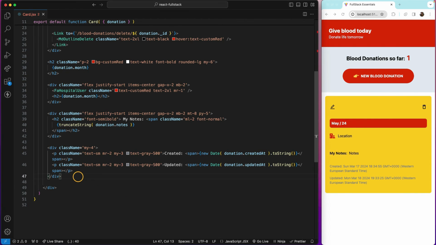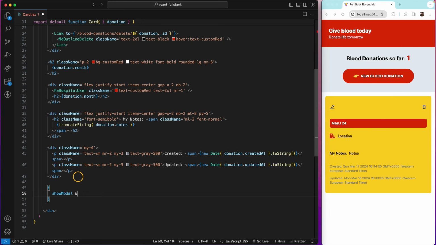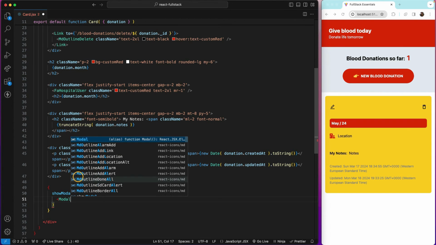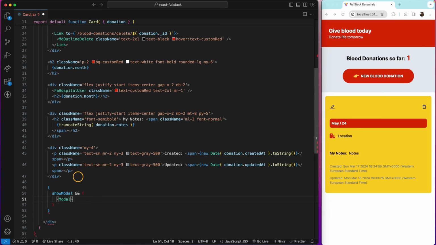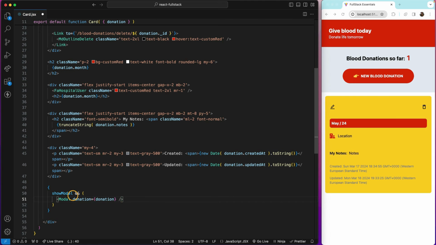So we can go here below, and just to finish up this file, we can access show model, and if this is true, you want to do something with it. What you want to do is render your model component. Oops, not like that, it's a self-closing component. Okay, and I'm going to pass the donation to this. Donation. Okay, and I also want to add the onClose event,